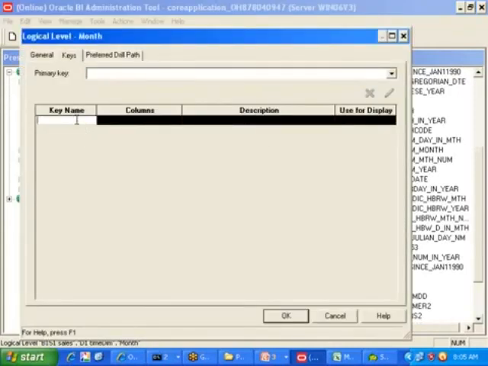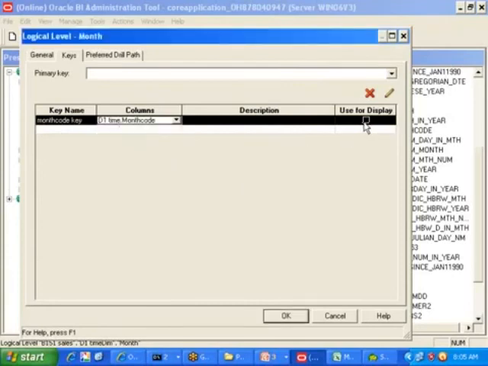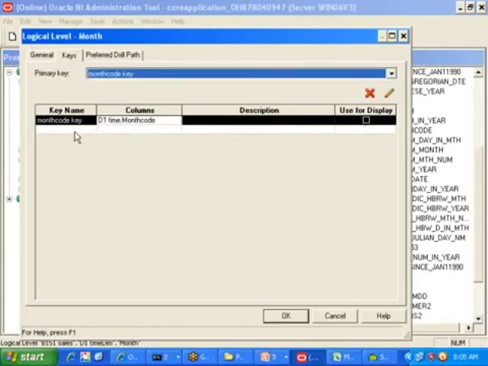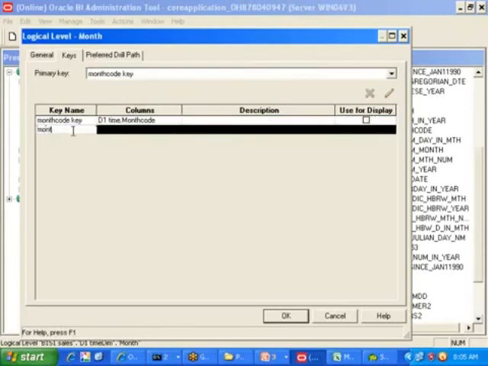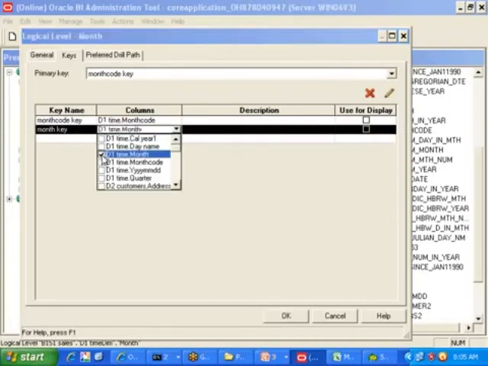Go here. Let us say this is equal to month code key. What is the corresponding column? Month code. Is it for display column, sir? No. Is it for primary key column? Yes. Next column I want is what, sir? Month. And this is for what, sir?